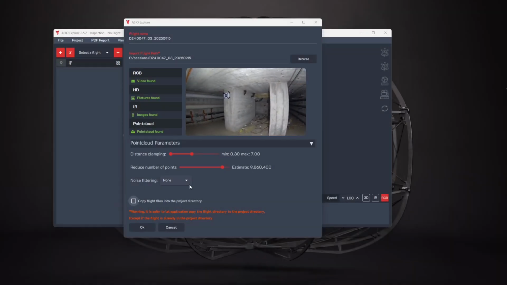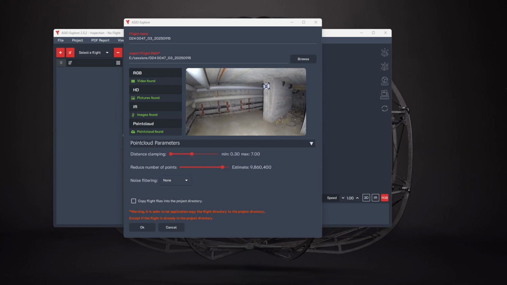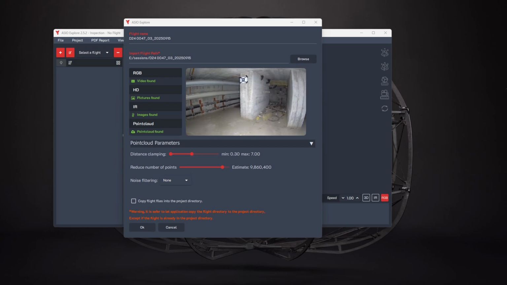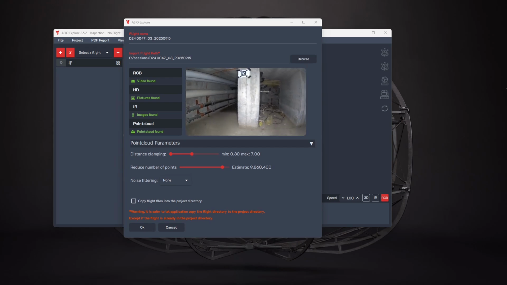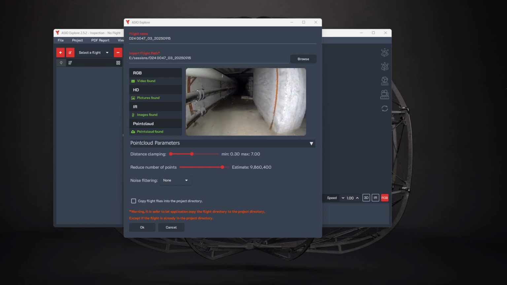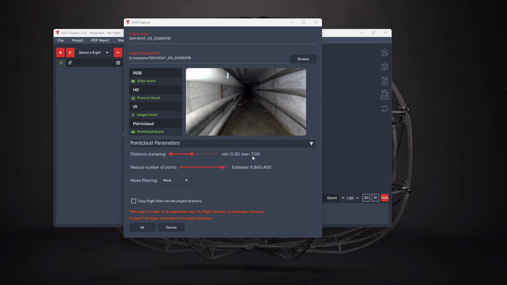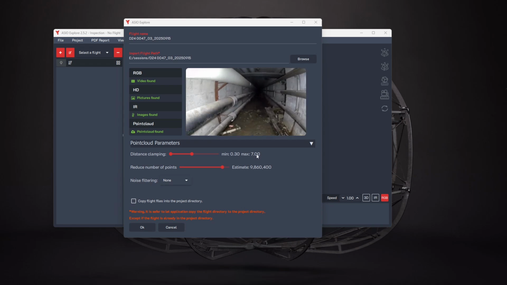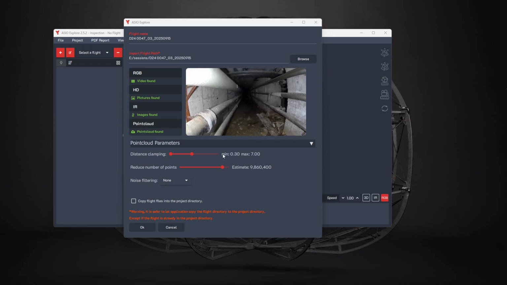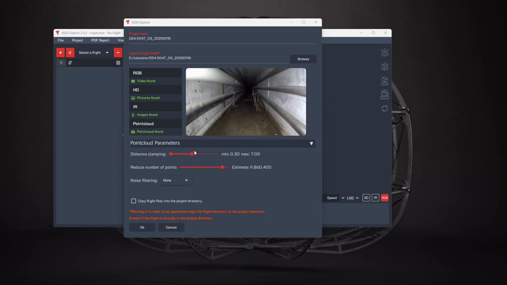Okay, let's have a look at the point cloud parameters. The first one is distance clamping. Here, the user sets the distance clamping to limit the distance of the LiDAR detected points between a min and max. So for instance, in my case, between 0.3 and a max of 7 meters. So any point closer or further away than this will be clamped and removed from the final point